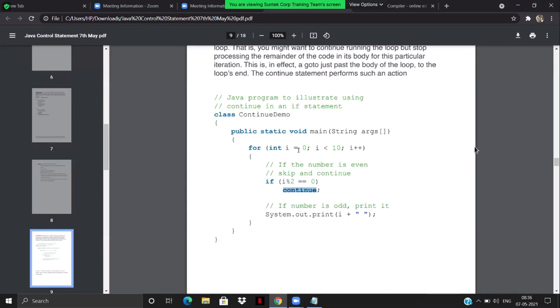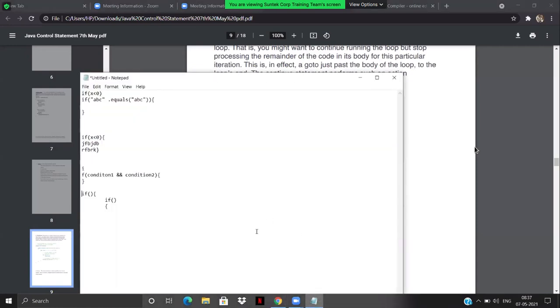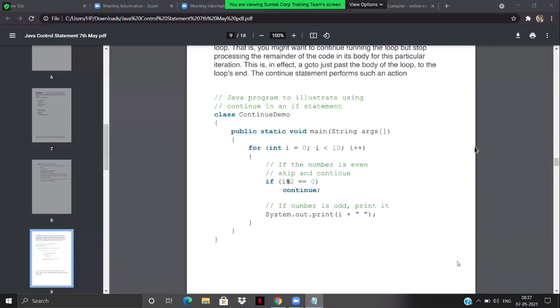It will go here. The execution will again go to the i, so we'll check for i equals 1. The condition is not going to be true, so we'll print out the value 1 along with the space. So till here I got 1 and a space. Now it will execute for 2. It's again going inside this if statement, this boolean value is true.